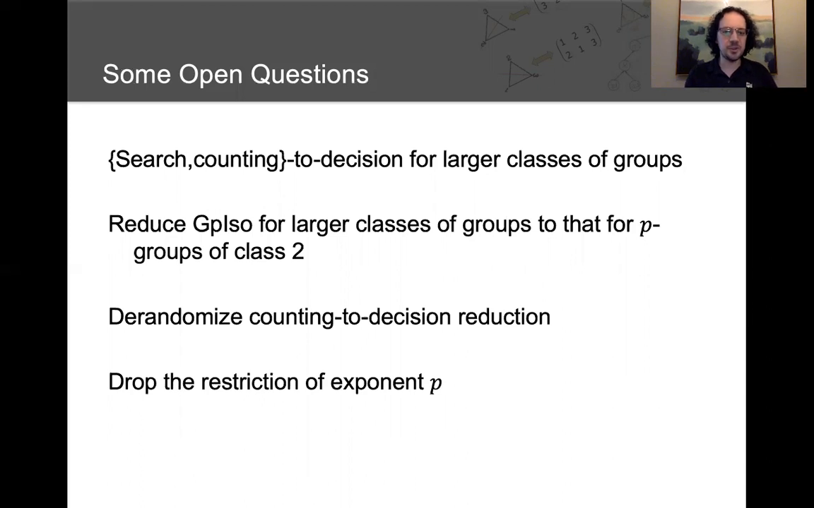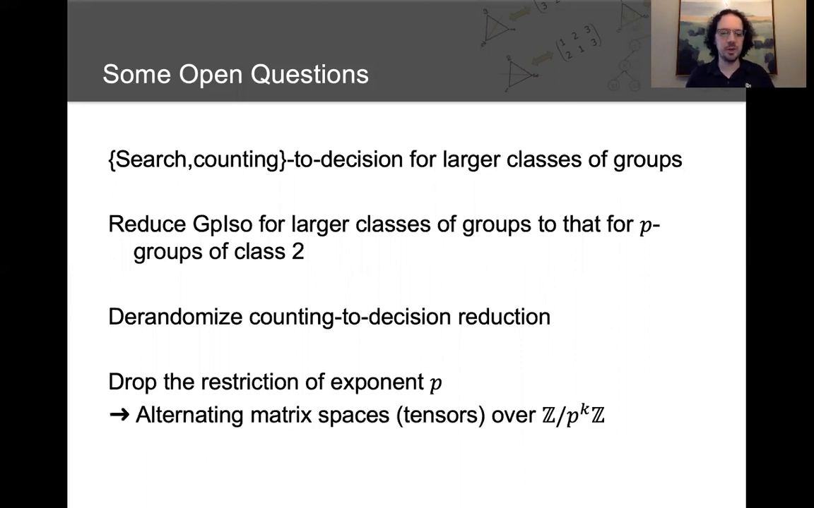And then there's also the interesting question of dropping the restriction of exponent p. What if we allow the group elements to say have exponent p squared, order p squared instead of order p? And here you can still do some of these translations, but it seems to lead you to alternating matrix spaces or tensors, but now instead of over the field F_p or F_q, over the ring, the integers mod p to the k. All right, and there are plenty of other open questions that we mentioned in the paper, and